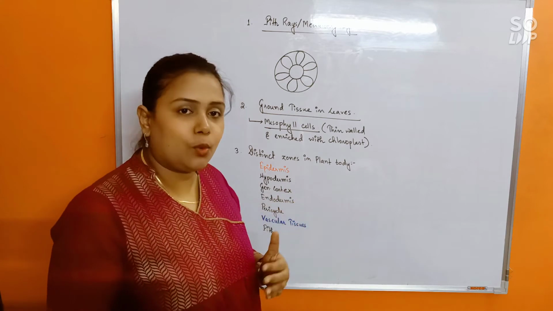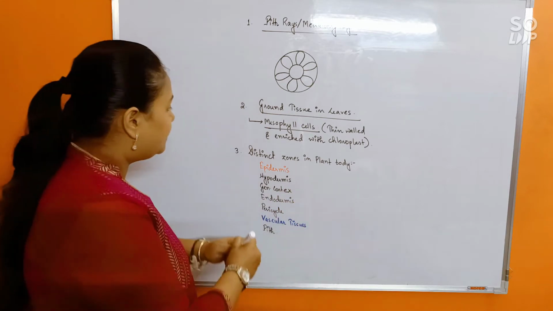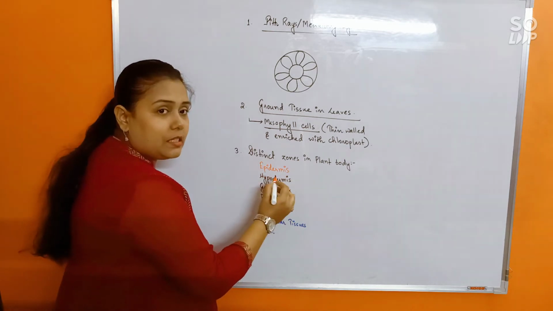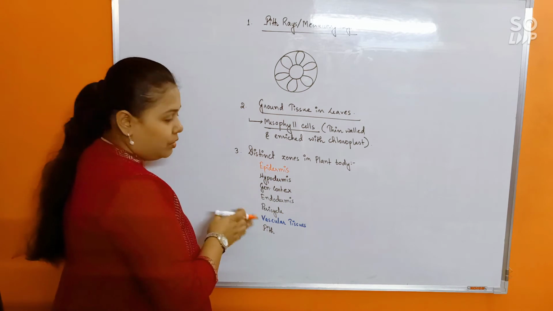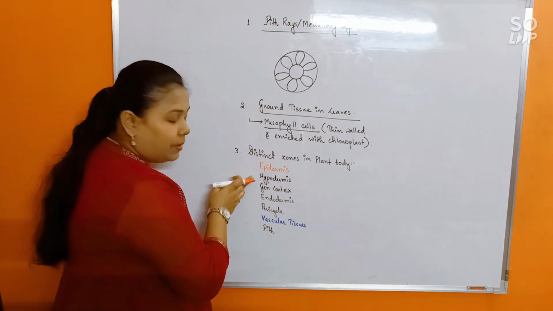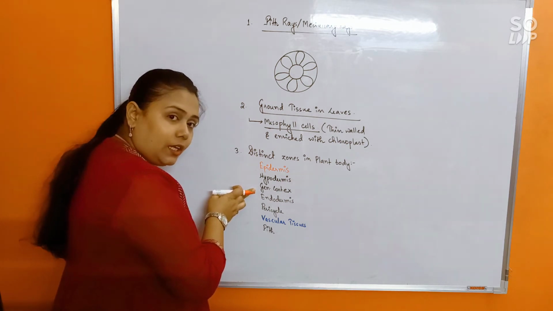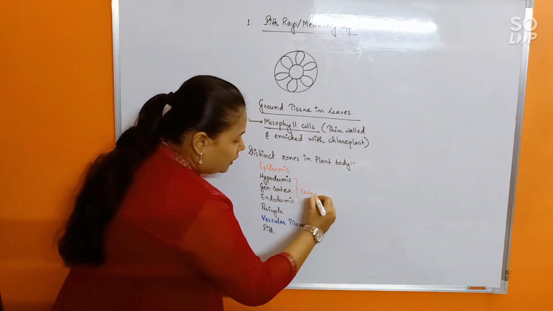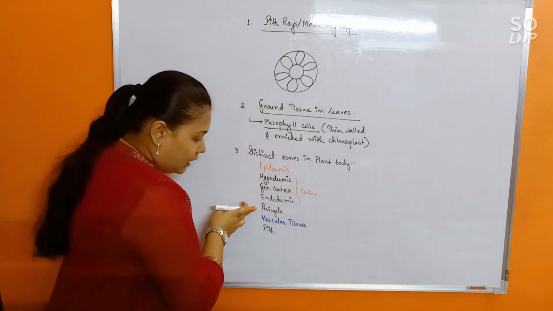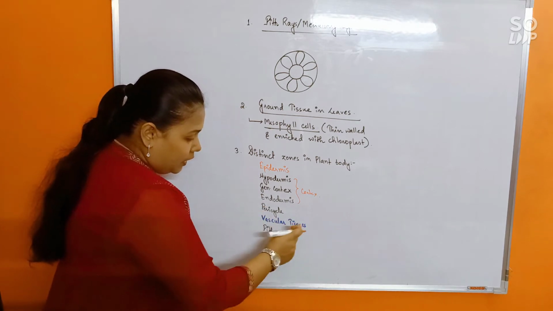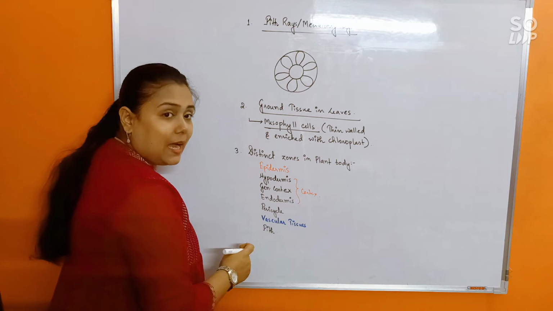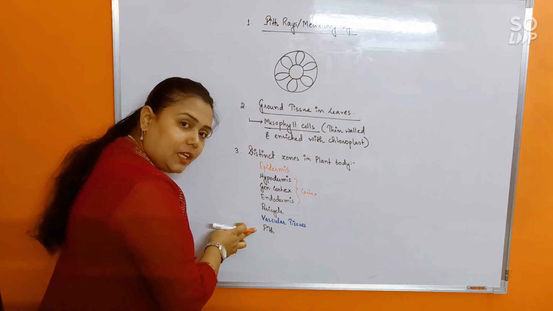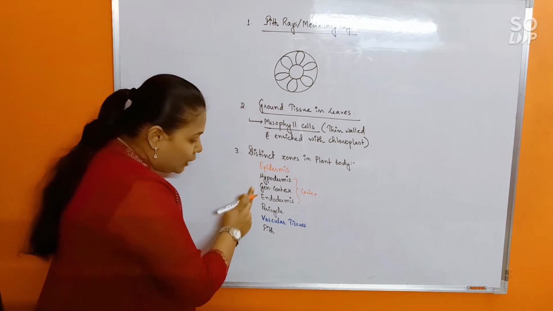See, if you imagine the plant body now that you have learned about anatomy, you know that there are various distinct zones present in the plant body, right? The outermost layer is the epidermis, which is the epidermal tissue system. Then starts the ground tissue system. That means internal to the epidermis remain hypodermis, general cortex, endodermis. These three together make up the cortex, isn't it? And then pericycle. In between comes the vascular tissues, that is xylem and phloem, which will be under the vascular tissue system, and then finally the pith. Understood this? This is the anatomy of the plant body.